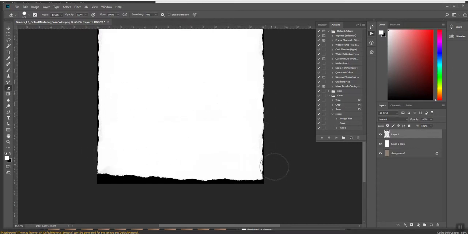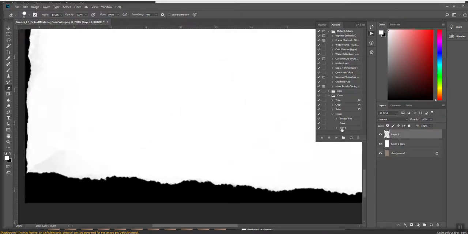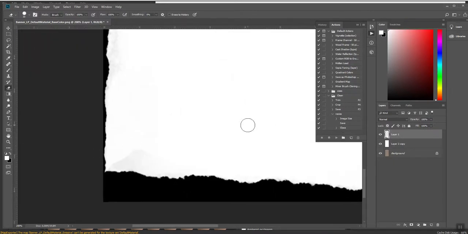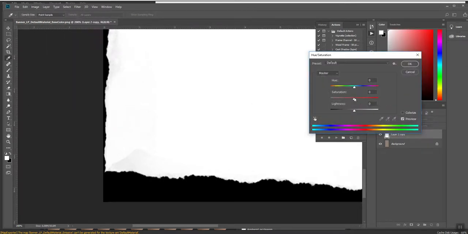All right, just being careful with the eraser. Make sure I get a nice blend here. Looks like I may need to adjust the overall intensity of that. We'll do Control E and bring the two together, and then image, adjust, hue, saturation. I'm going to take out all the color,